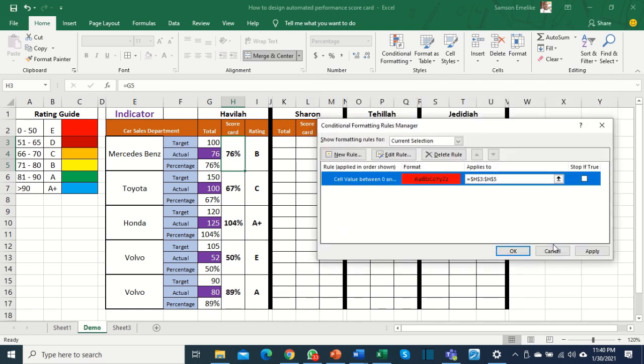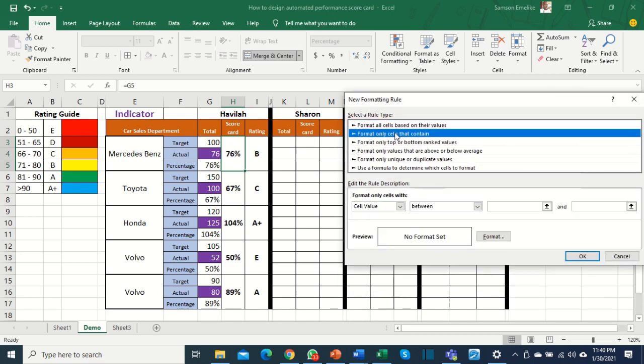Okay, so we okay this. Let's apply this. Okay, so we have applied this. That is rule number 1. Because there are several bands here, we need to apply all the different possible values and ranges in this particular cell. So secondly, we're still going to use this cell value, right now we're looking at 51 and 65%. So 51 is 0.51 and the other one is